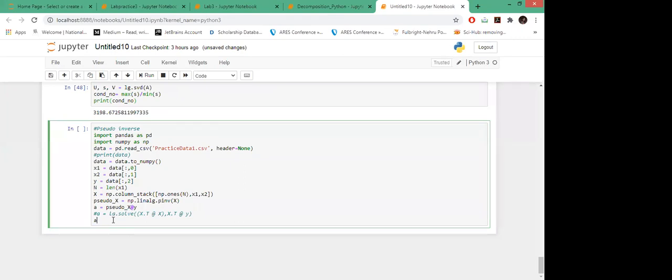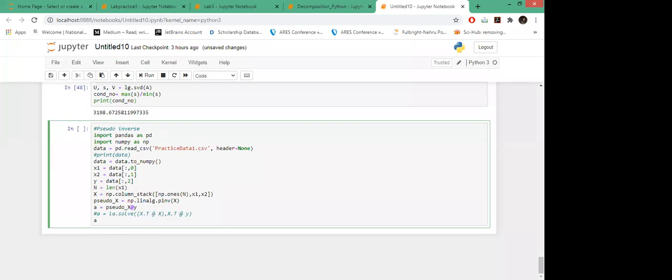How do we find it? Now I'm using a data set. Suppose we need the pseudo inverse specifically for data, or for systems like integration problems. We have lots of data points and we convert them into the form of a matrix, and that matrix has unknowns. There is a large number of data points, but the number of unknowns is small. For that, we say the system is inconsistent. It's not possible to get a unique solution. So we find the pseudo inverse of the matrix and then solve the system of equations, which is equivalent to finding the least squares solution.